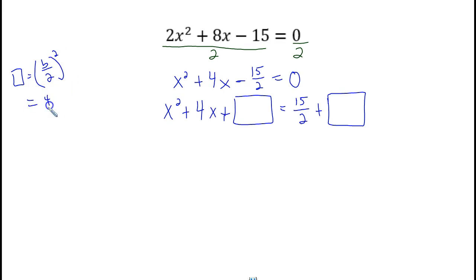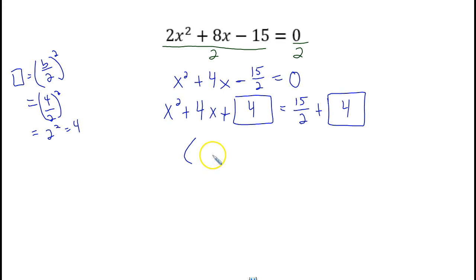In this case, that's 4 over 2 squared. Well, 4 divided by 2 is 2, and 2 squared is 4. So I'm essentially going to be adding 4 on both sides of the equal sign. Well, on the right side, I'm not really going to add this together. In fact, I can't, but instead now I have something that is factorable, and it's a special type of factor